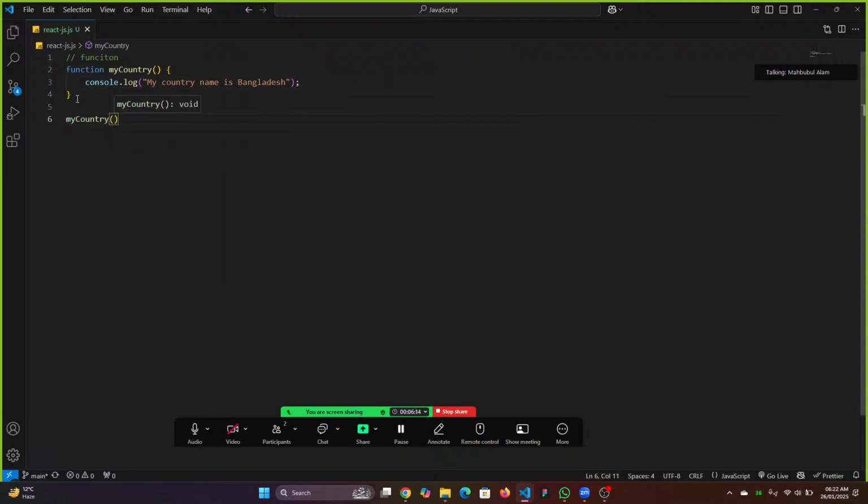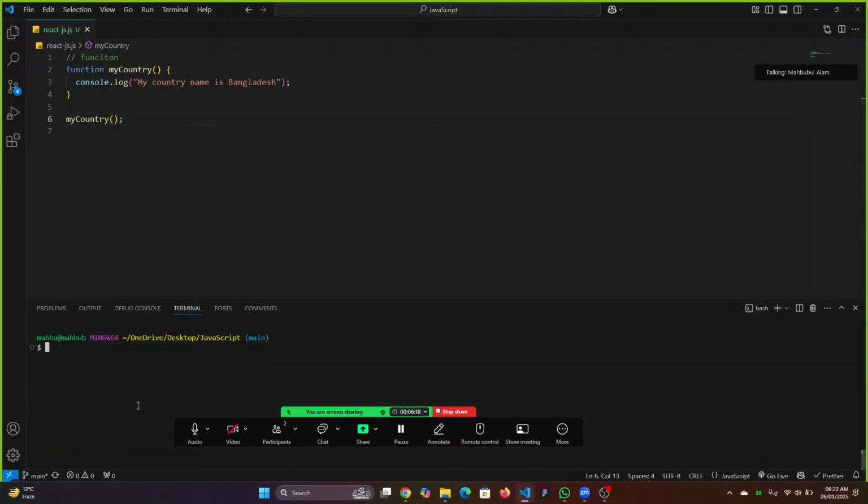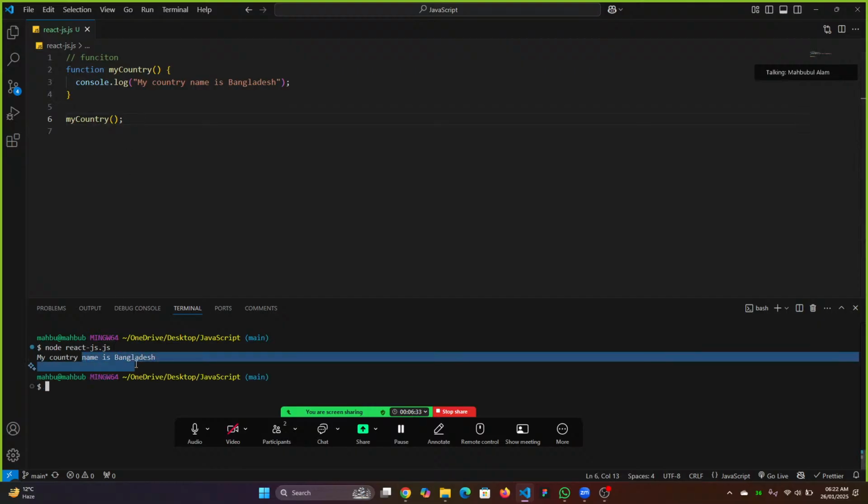Okay, so what is this? If I just run it, what is my file name? React.js. React.js, hit enter, and my output. So